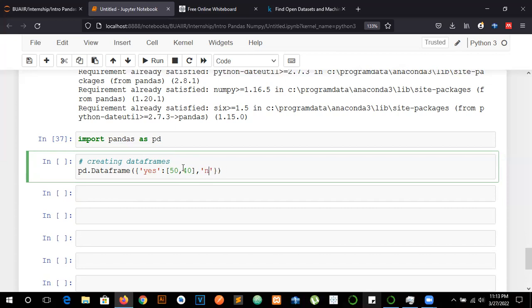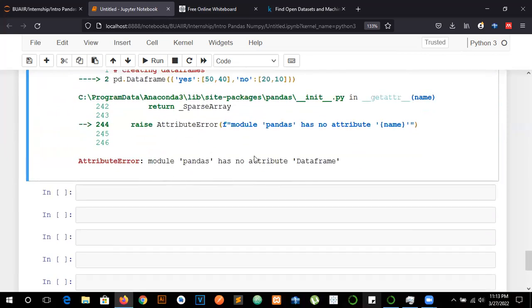Then the second time you ran, 40 people said yes. Then you have some people that said no, maybe 20, and then some 10 at the end. So when we run these,